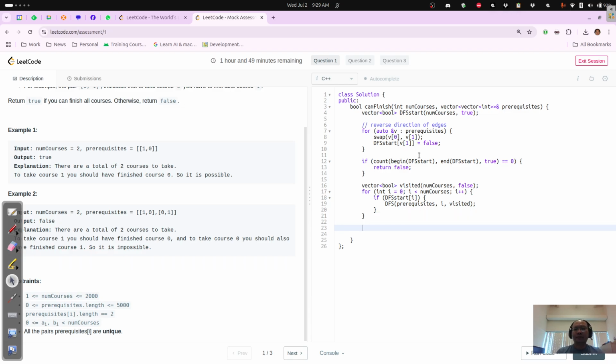And then I just need to know if visited is everything. So return count visited begin, count how many trues there are, has to be exactly the same as num courses. Okay, so now I need to write a